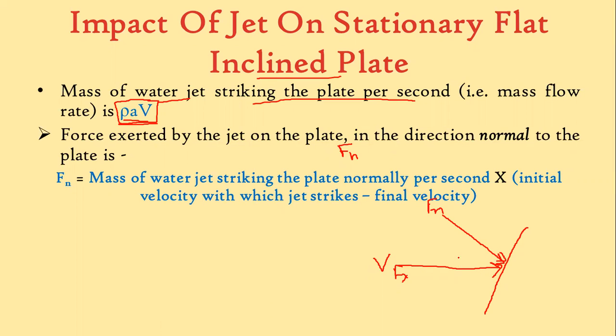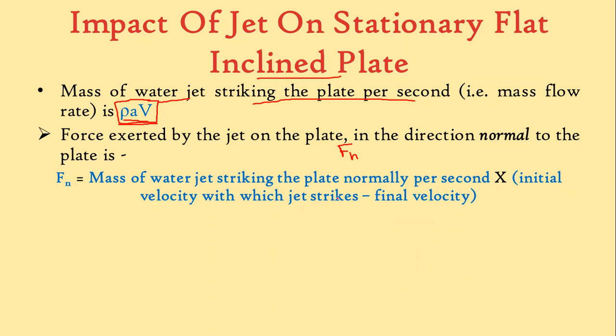But for that purpose, while finding out this normal force, we cannot directly take this value of velocity. So we again take two components of velocity. One is in this direction, that is v sin theta, and the other is v cos theta, because this is the angle theta. So for this normal force, now we have a velocity v sin theta, so we can directly find out the normal force. And when we find out the normal force, we can find out the Fx, that is force in the direction of the jet.